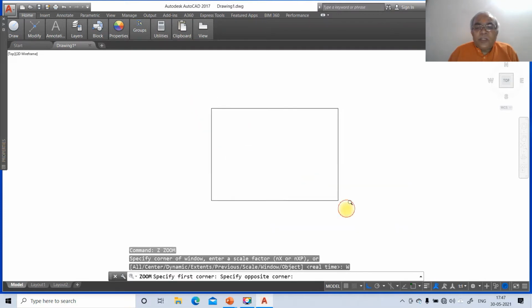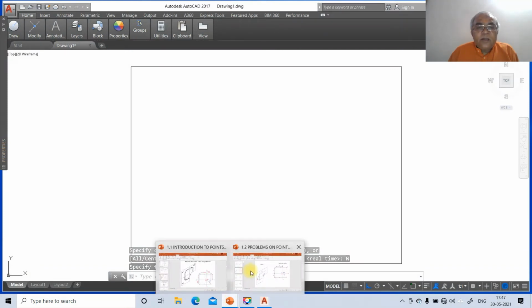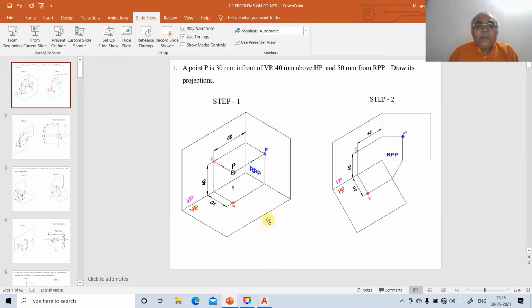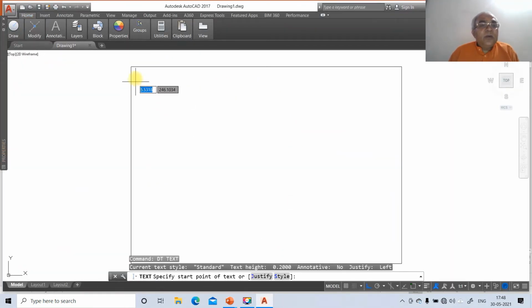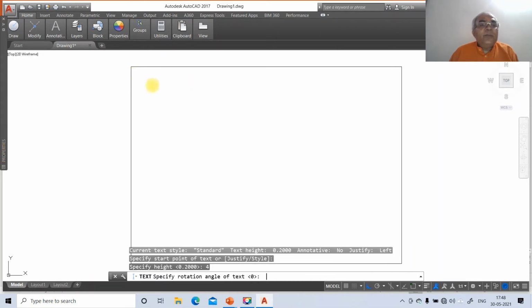Now we need to solve this problem. Here the point P is 30 mm in front of VP, 40 mm above HP and 50 mm from RPP. Draw its projections. Now we are going to type the text matter. I will type DTEXT. Specify start point of text. I will select some point, specify height as 4 and rotation angle as 0. Then type the problem.